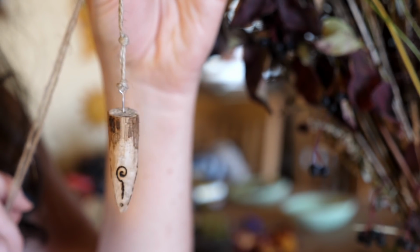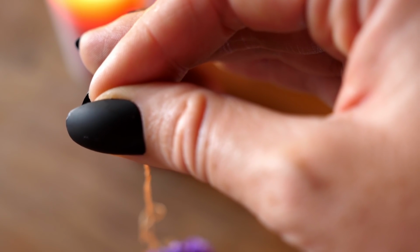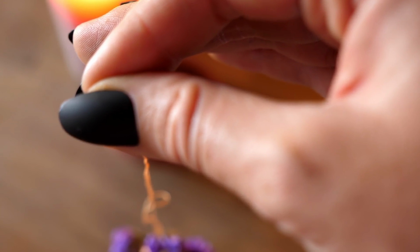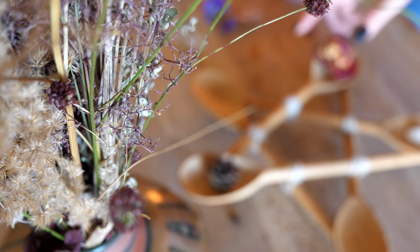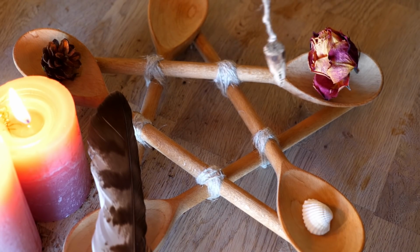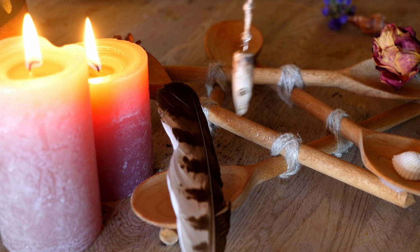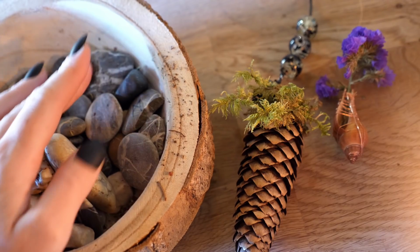You can also use it as a tool to let your thoughts drift. I, for example, love to set up an elemental pendulum board. Every element is also associated with different kind of properties: earth for grounding, air for emotion, and sometimes when I want a little guidance on from which emotion to act in a certain situation, I will use that pendulum board